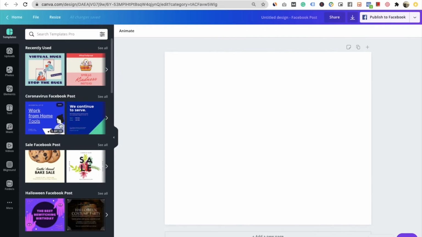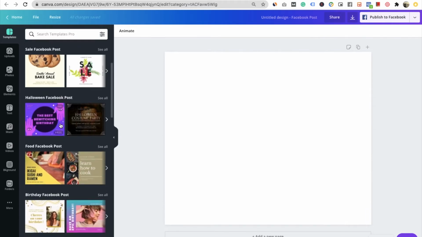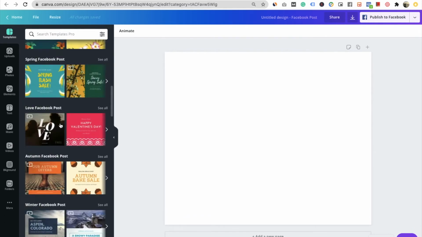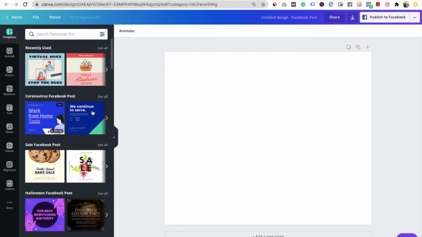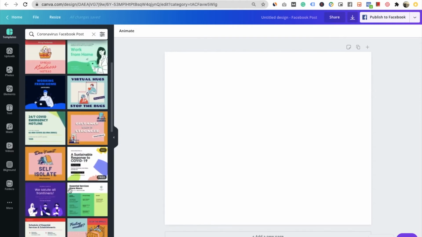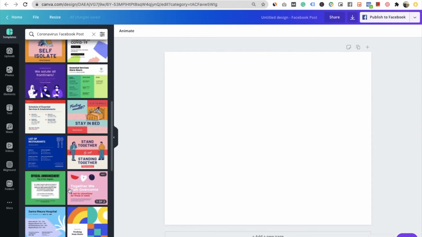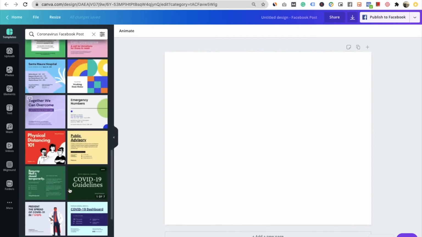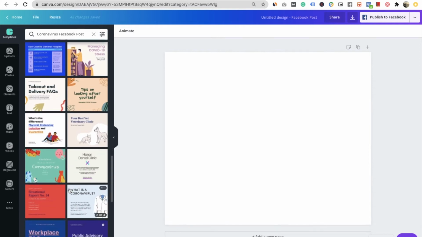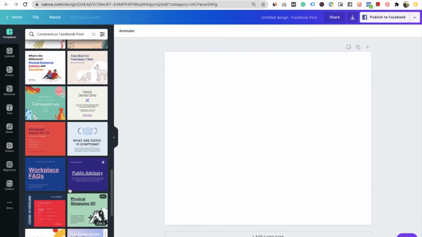On the left you will be able to see there are a lot of suggestions or templates available that I can choose from. Maybe I want to choose something related to coronavirus. If I want to make a post around the coronavirus, you can see there are a lot of templates available here.